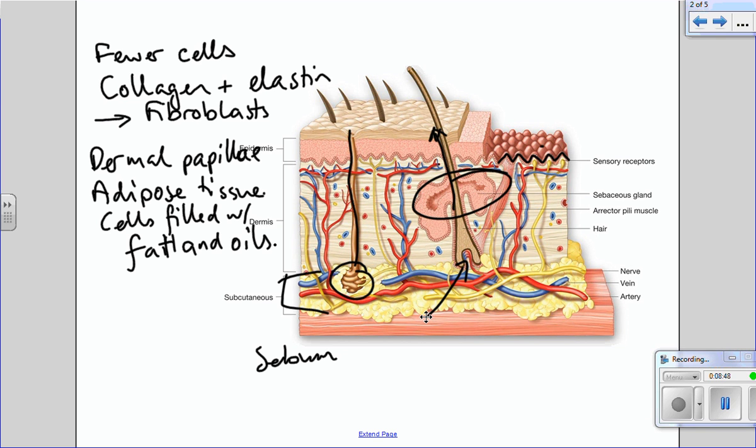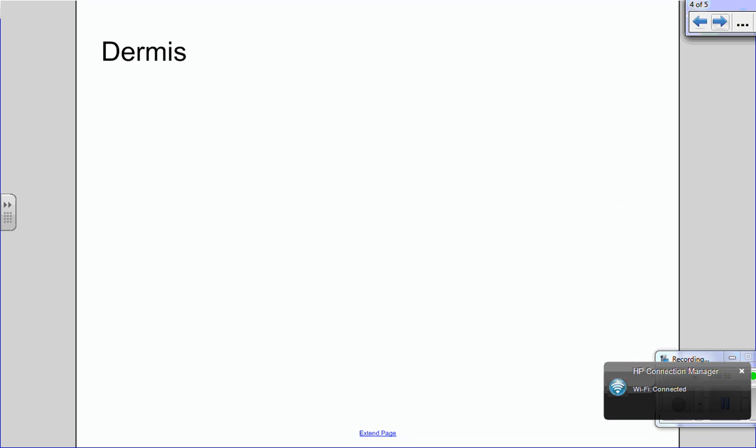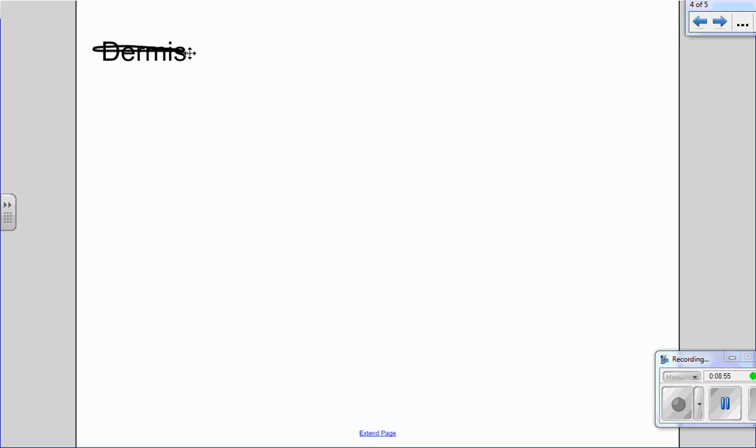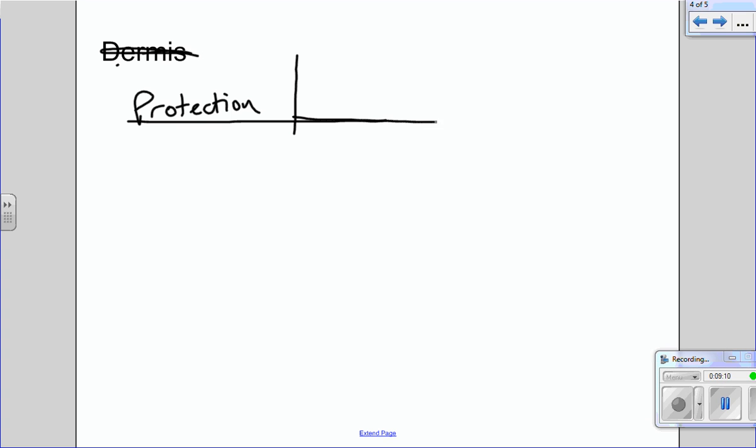Alright, that's skin. Your next job, the homework, is to ignore that. Your next job for homework is to talk about the different functions and tabulate that. These are the functions of the skin. I want you to tabulate these, so you go like this: what it does, and a description of how. Okay, so protection,